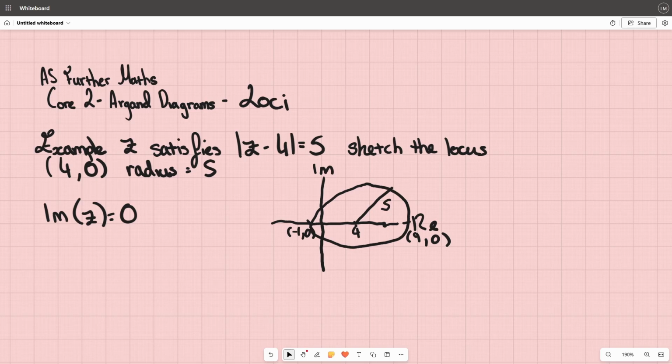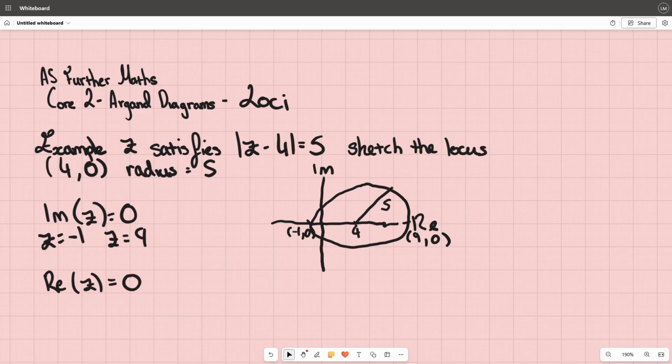So this means that z is equal to -1, or z is equal to 9, because they want us to give our answers as complex numbers, not coordinates. And then the next part of the question is the real axis